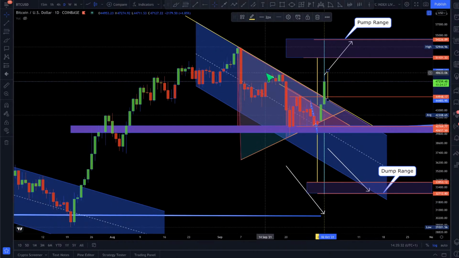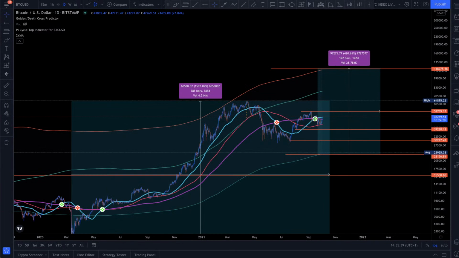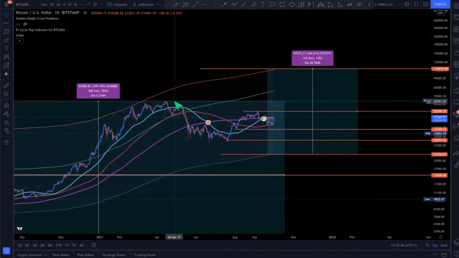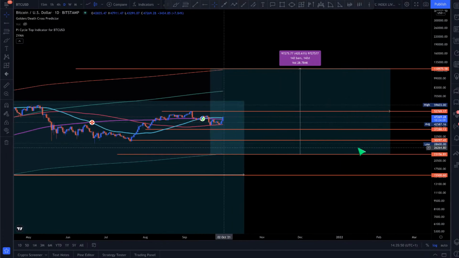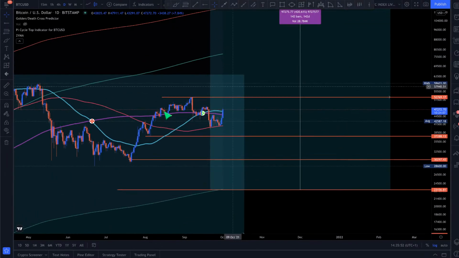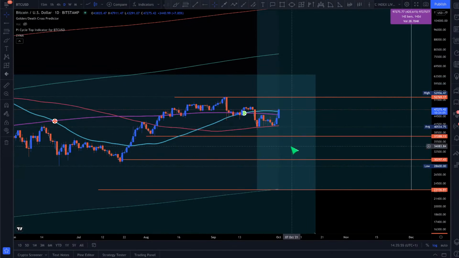So yep, as I said, I'm still waiting for this $48,370 level. That's the key. That will confirm whether we're going up or down. Ultimately, as I said, we have to stay above the 44 today. So whatever we do, we have to stay above the 44 in the weekend, and we see what happens there. This is the Death Cross and the Golden Cross, and so far it looks good. I'm not going to say too much here. There's not much to talk about.